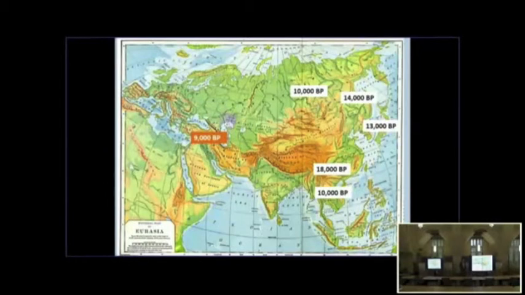10,000 BP into eastern Siberia, which you would find eastern Siberia is not a very welcoming climate. 9,000 BP up in the northern Caspian Sea. And then 8,000 BP then in eastern Siberia. So the story